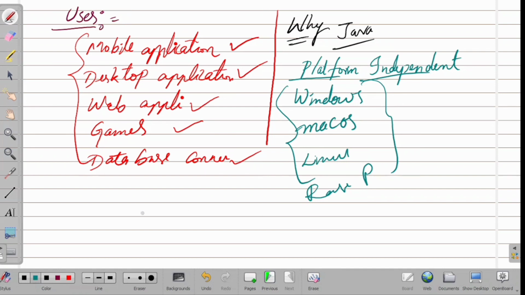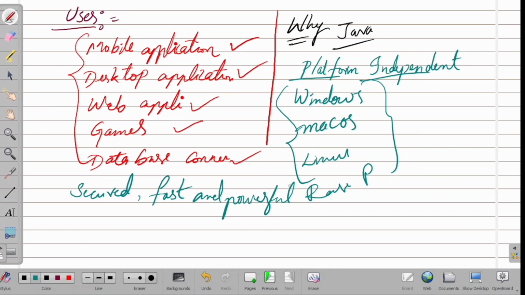One more thing is that it is very secure, and at the same time fast also. It is secure, fast, and powerful. It is the most popular programming language in the world, with large demand in the current job market.